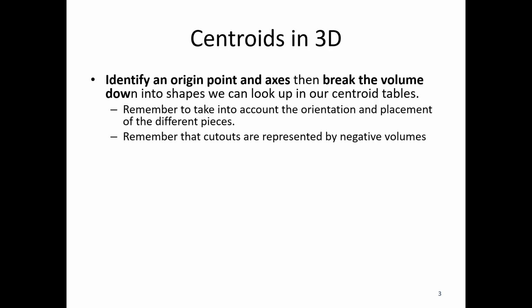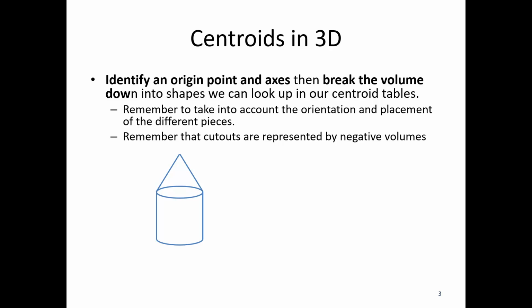And also remember that cutouts are represented by negative volumes here, rather than negative areas. So if you have a cylindrical cutout, like you drilled something out, you can use a negative volume to indicate that cutout. So with this, say we've got some simple shape, we've got a kind of cylinder and a cone